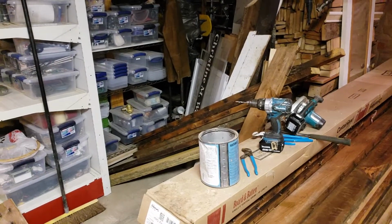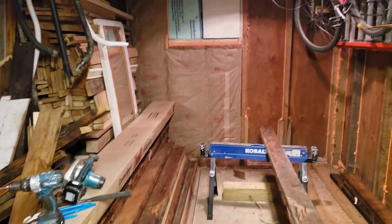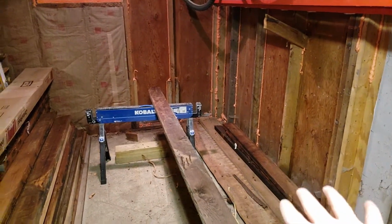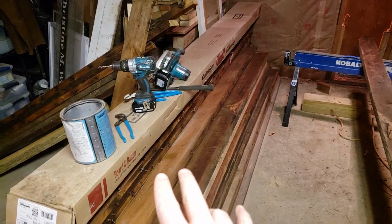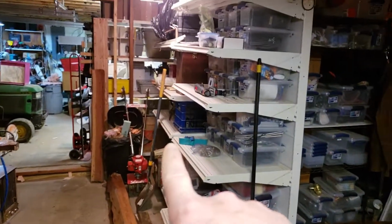You might be wondering, what have I been up to? And like I've said previously, I wanted to insulate these walls. The problem is I had a huge pile of wood here, which I have worked on moving over here. And to make that happen, I had to move two big things, one of which was a shelf, which is